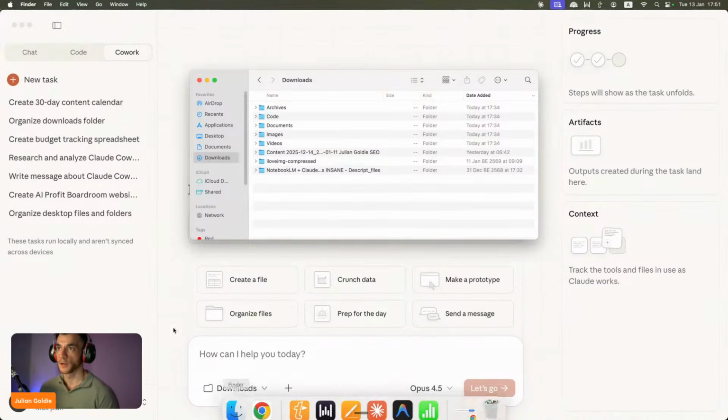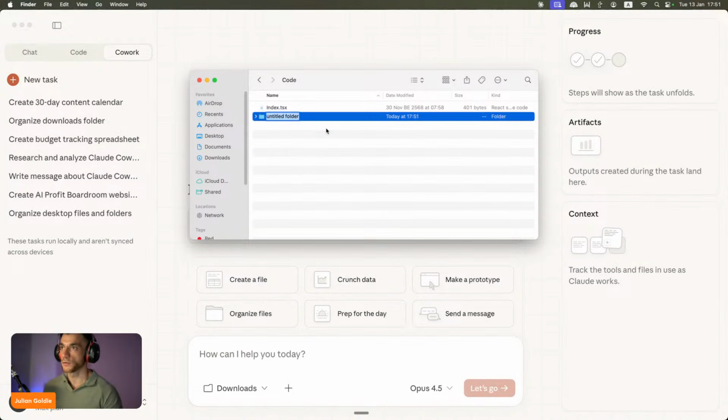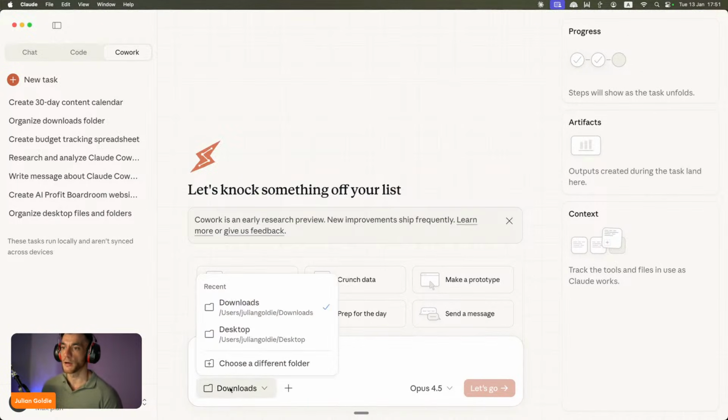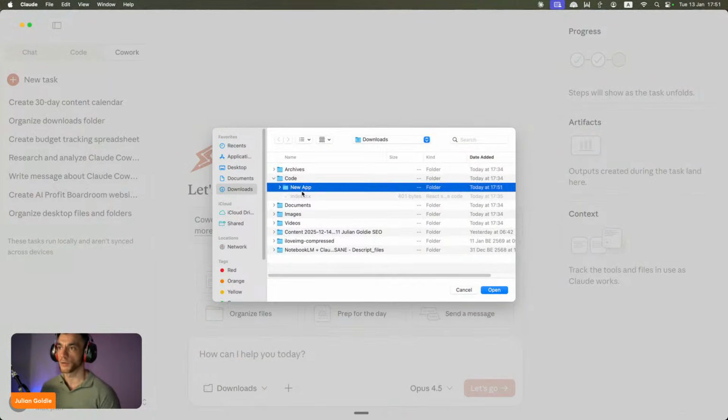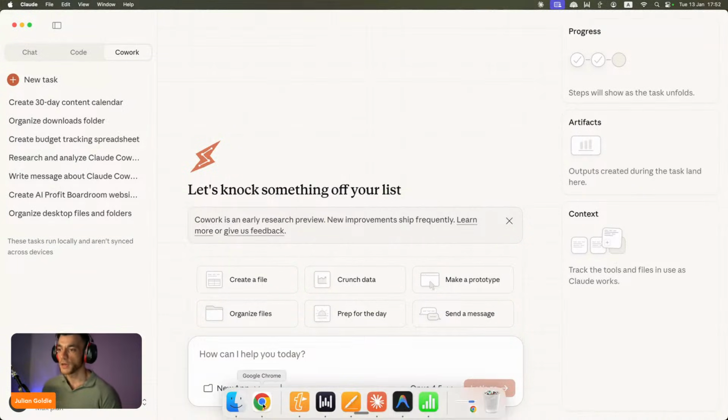So let me do that. We're going to go to code, then set up a new folder, and call this, okay, new app. Something like that. Then we're going to go back to downloads, choose a different folder, and select new app right here. That just silos away the project folders so that we keep things organized. And obviously Claude doesn't have access to your whole computer. It just has access to that one single folder. So from here, what we're going to do